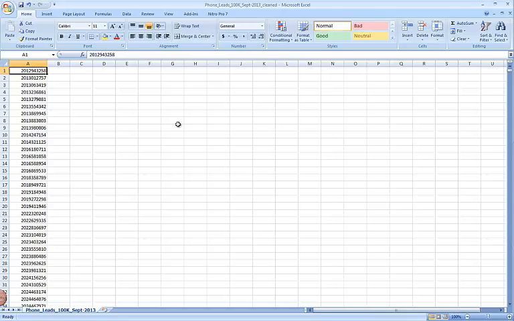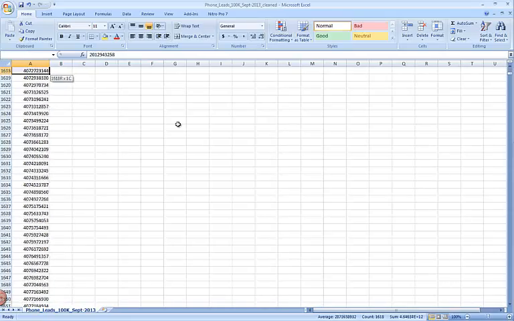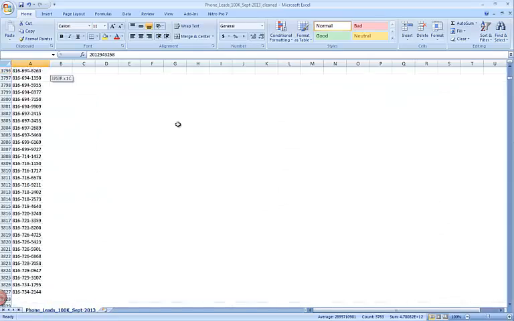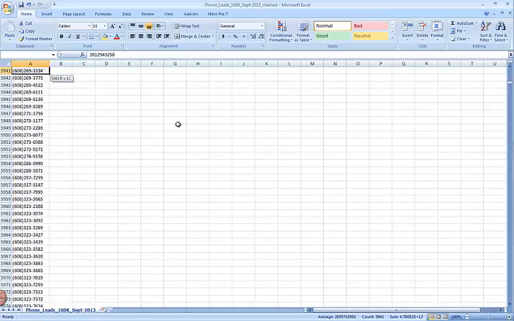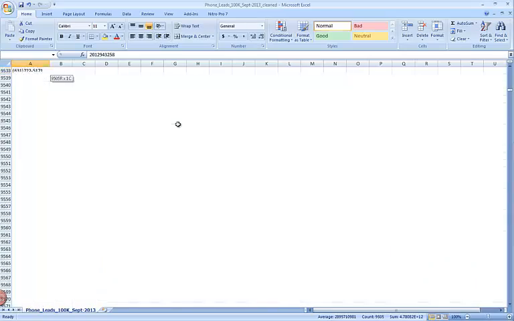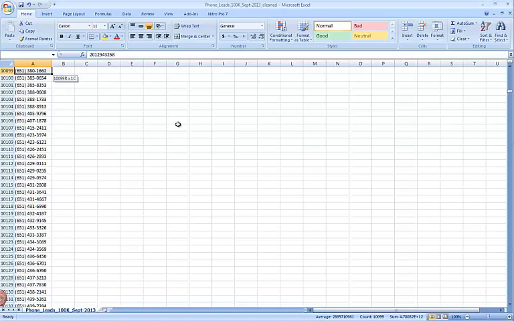In order to do that, simply press Shift and page down on your keyboard, or the down key on your keyboard, and go down to the point in your spreadsheet where you find the 10,000th number on your list. And we're doing that right now as we move down here, and we went a little bit past it, and there we are. So now we have 10,000 numbers selected, and now you simply need to press Control C,